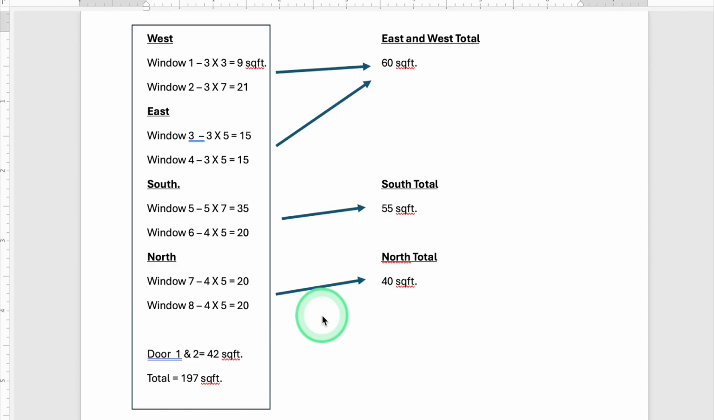Okay. So when we get all of our measurements and we get the list of all of our windows, and we even write down our doors and get the measurements for our doors. Here's the area of our 2 doors, 42 square feet. You can add up the total of all areas, that's fine. And then what we need to do for this worksheet